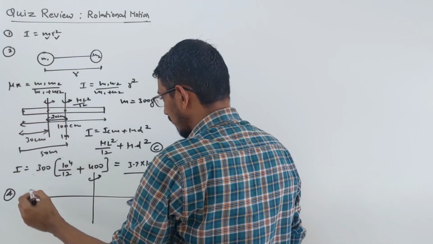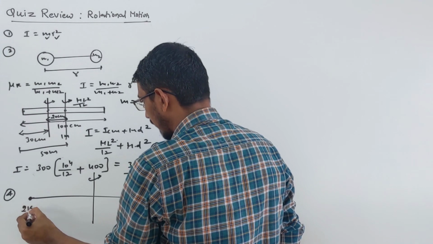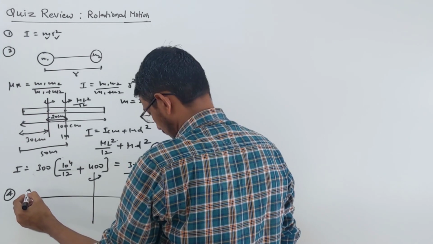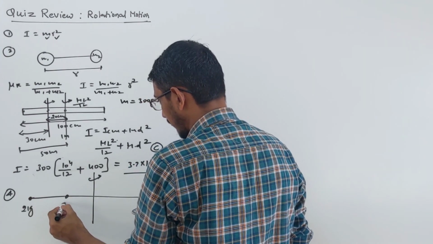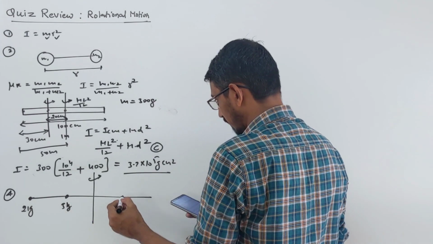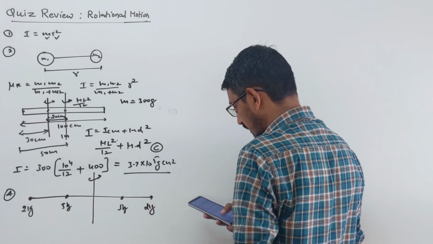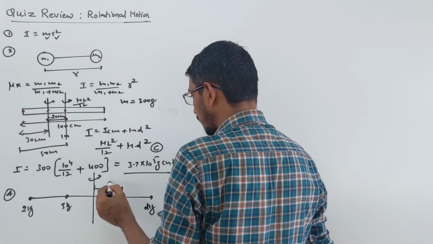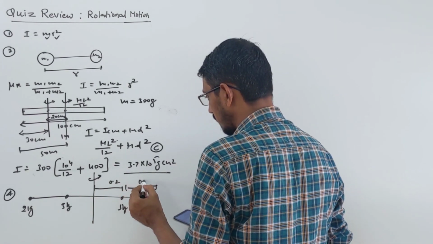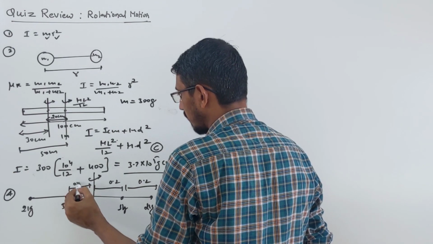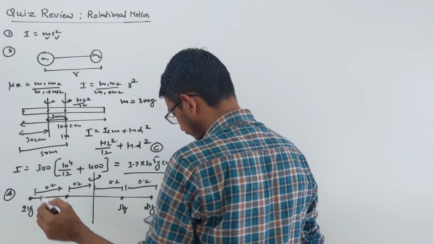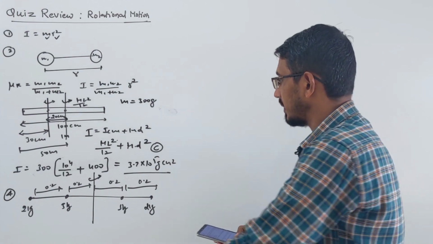So how they are placed? 1 2 kg is placed here and the distance is given as, okay, let me put masses first. 5 kg is placed here, then one more 5 kg placed here, then 2 kg is placed here. All distances this is given 0.2 meter, 0.2 meter, okay, 0.2, that also given 0.2, that also given 0.2, correct. Inertia about this line we have to calculate.